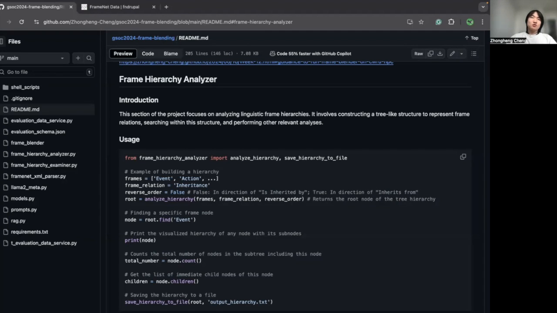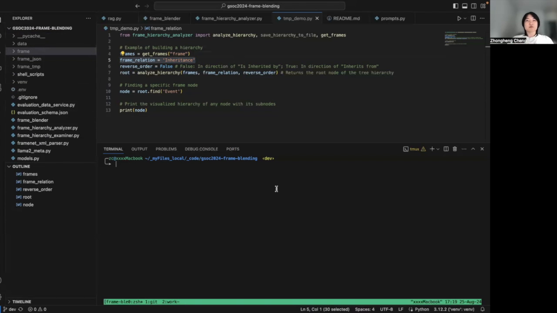My code will also store the relation as a tree, making it more flexible to demonstrate or fetch the relation tree of any single node for follow-up processing or demonstration. Moreover, it is easy to display the tree either in the command line or to save it to file storage. As a brief demonstration of the usage of the hierarchy analyzer, here I have entered my working directory